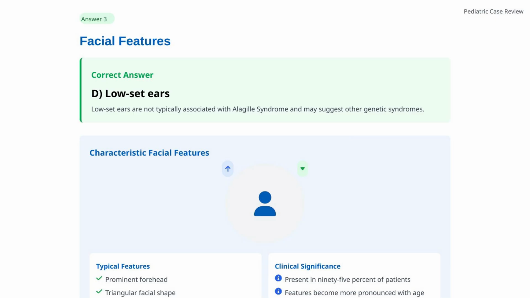The correct answer is D, low-set ears. Low-set ears are not typically associated with Alagille syndrome and may suggest other genetic syndromes. The characteristic facial features of Alagille syndrome include a prominent forehead, triangular facial shape, small pointed chin, and deep-set eyes with upward slanting. These features are present in approximately 95% of patients and tend to become more pronounced with age. While they may be subtle in newborns, they serve as an important diagnostic clue, especially when combined with other manifestations